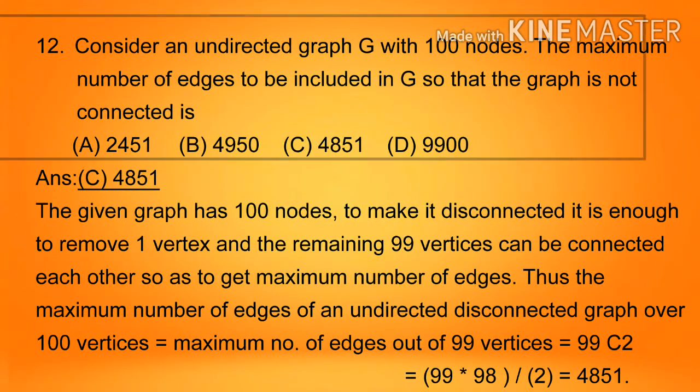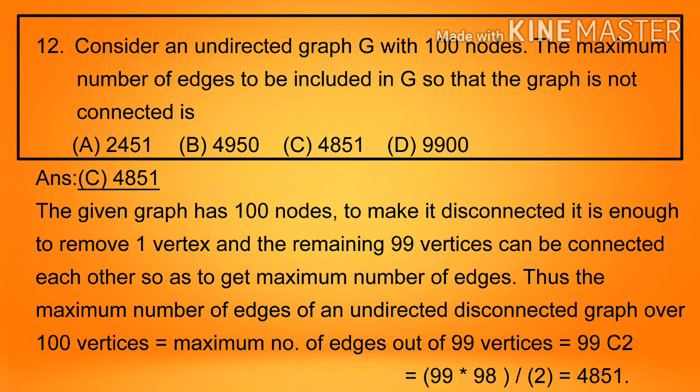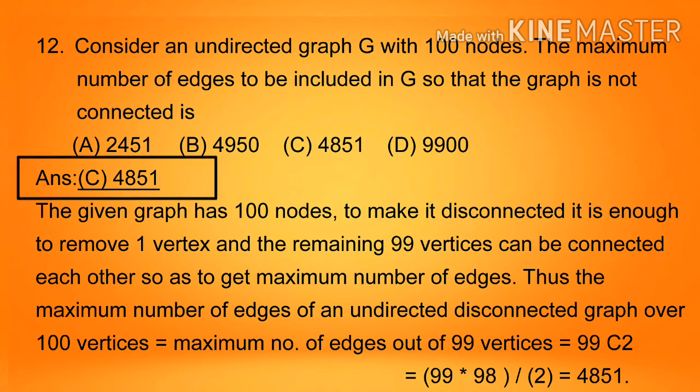Question number 12. Consider an undirected graph G with 100 nodes. The maximum number of edges to be included in G so that the graph is not connected is option A 2451, option B 4950, option C 4851, option D 9900. Answer is option C